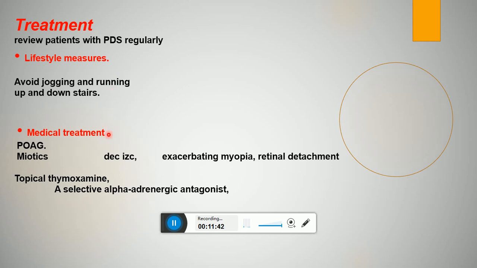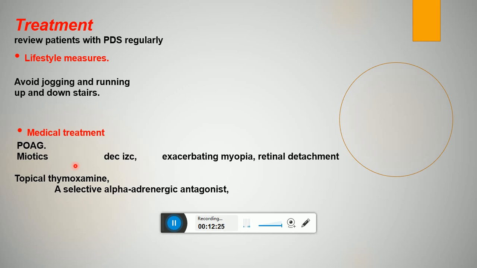Medical treatment is similar to that of primary open-angle glaucoma. Myotics are theoretically of benefit because they decrease iridozonular contact, and also facilitate aqueous outflow, but are poorly tolerated by young patients. This medication has the disadvantage of exacerbating myopia. So myotics cause myopia and also carry a risk of precipitating retinal detachment